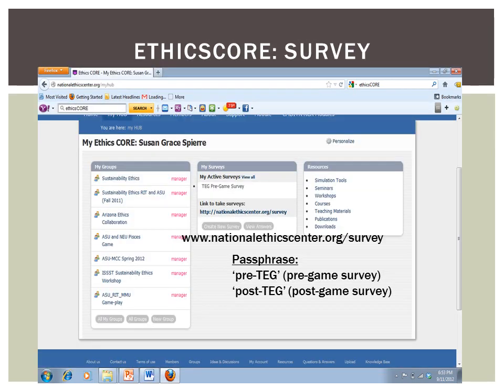You will also need to know how to take the online surveys on Ethics Core. To access the surveys, you need to go to the My Hub screen we visited a few moments ago. Look for the My Surveys box in the center of the screen. You may have to scroll down to the bottom of the page to find it. Simply click on the link in the My Surveys box that says